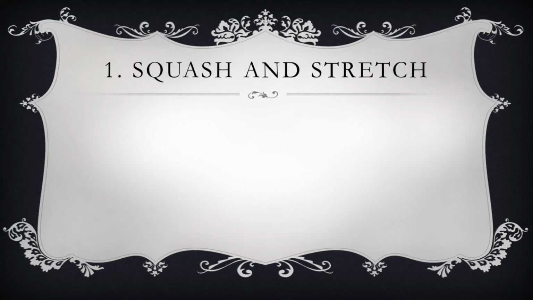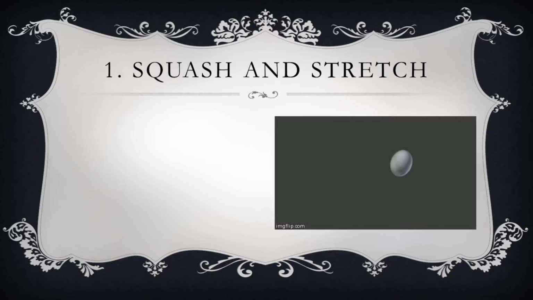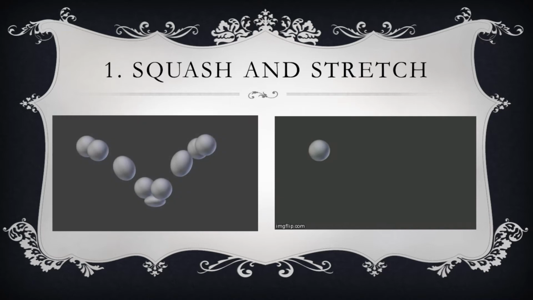Let's get straight into the first principle, squash and stretch. Squash and stretch involves giving the object weight and volume by squashing or stretching. The more extreme the squash or stretch, the more cartoony it looks. Here is an animation of a ball that I created in 5 minutes, and I'll be creating a tutorial on this in another video. Here you can see that I squashed the ball to almost abusive levels when it impacts the ground, and I stretched the ball as it lands as well as when it bounces to its maximum height. So this helps in giving that cartoony look.